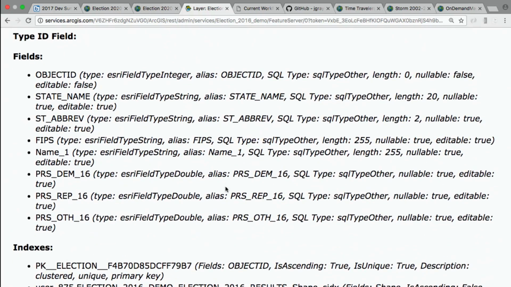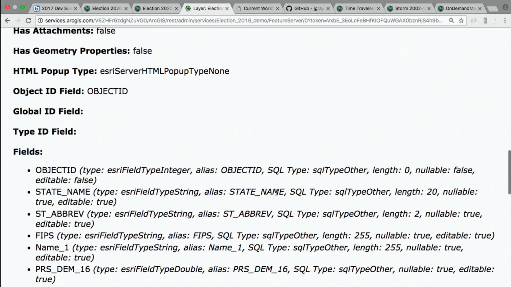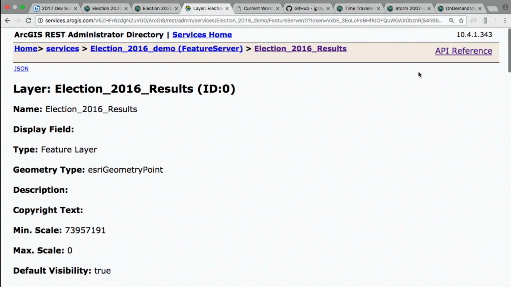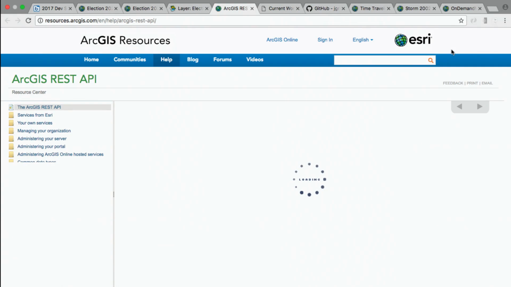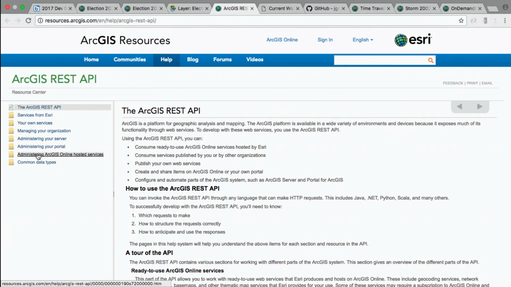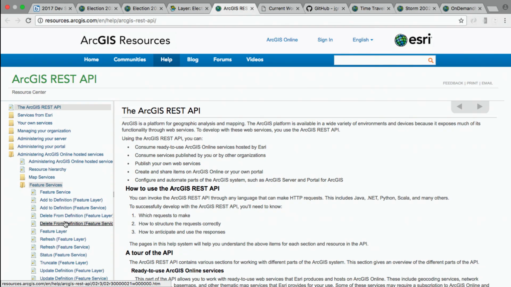So you could come in here and update the fields, like let's say I wanted to update the field alias or enable domains on this layer. This can be done from the admin interface. The API reference is within the REST API and administering your ArcGIS Online hosted services and down at your feature